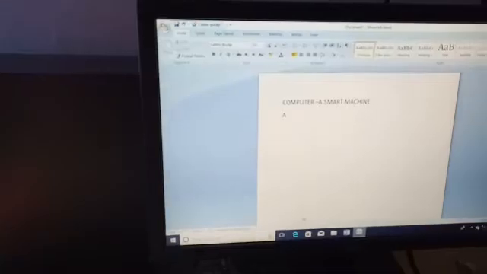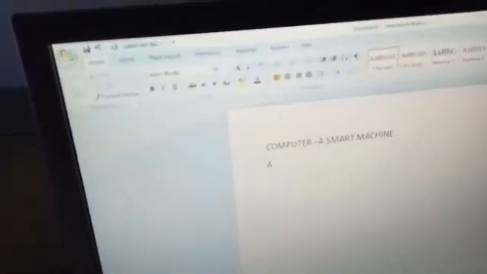Students, I have taught you that you have to use this key in order to give space between your words or letters or sentences. So I'm going to press it once to give space. See. A computer machine. Now full stop. It has